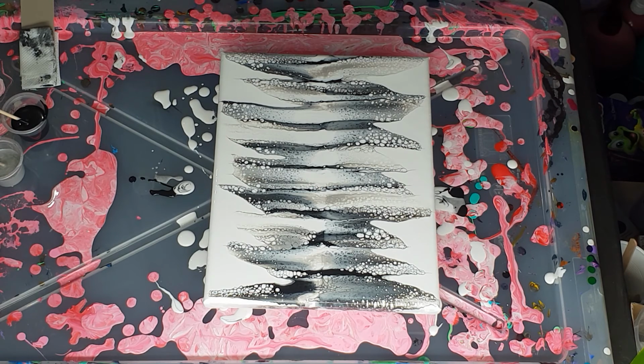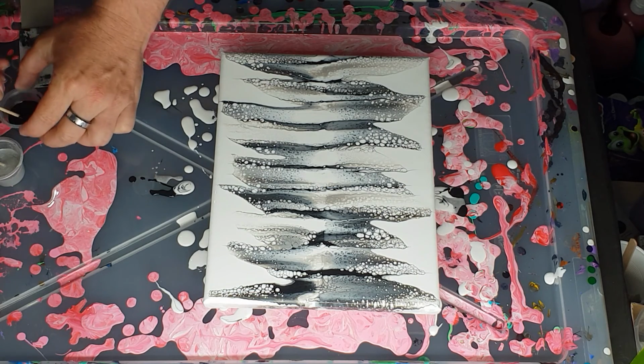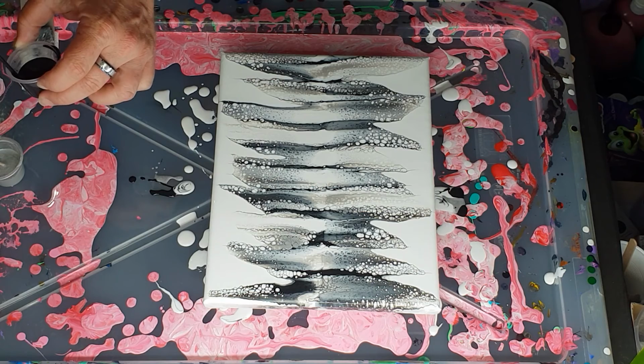I think all day, what am I going to do when I get home? What can I paint? So now I can kick back and relax, because otherwise I won't be able to get to sleep, being too busy thinking, oh, should I do this? Will this technique work? Now I know it works with black. Awesome. So I will bring you down for a close-up, but this is virtually giving me exactly what I wanted,